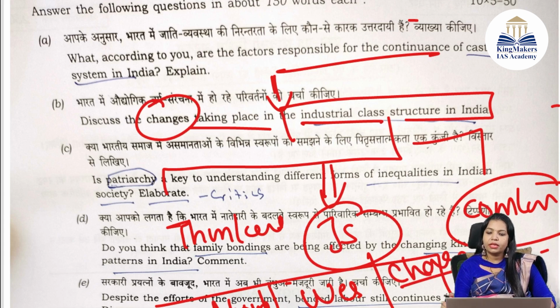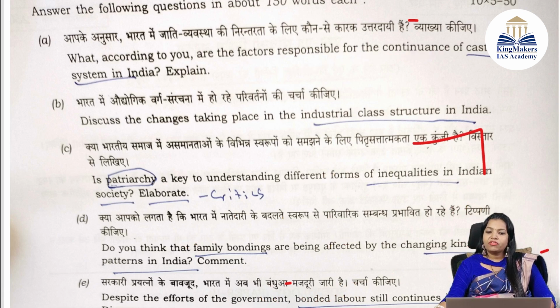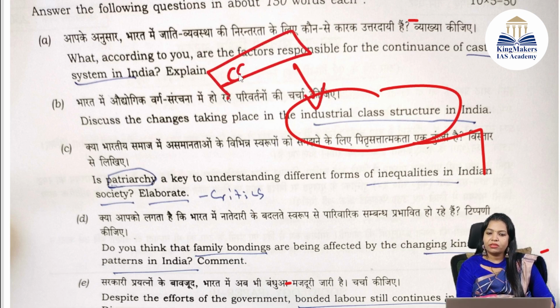If you look at these questions, they will be related to the GS part. But you have to make it more sociological, and you have to add thinkers here. What thinkers? From the industrial class structures in Paper 1, again Karl Marx is there. When you do this practice, only then can you add like this; otherwise, in that tension you will forget the Paper 1 thinkers. So thinkers like industrial class structures: Karl Marx told about capitalist society,